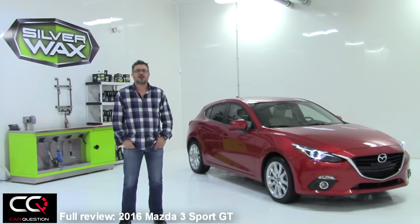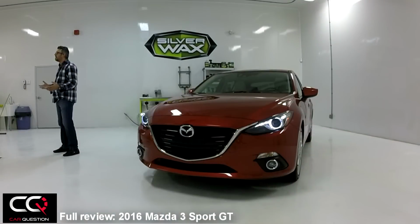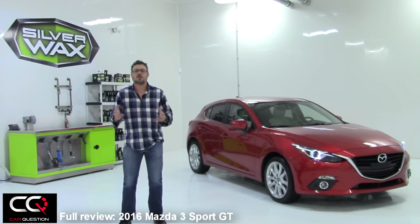This week we're going to drive the Mazda 3 2016, the Sport Edition. As you can see, there's not any changes in the design or in the look. Mazda simply decided to change the base equipment that the cars come with. The standard rear view camera is going to be in all Mazda 3, and they added some goodies in the